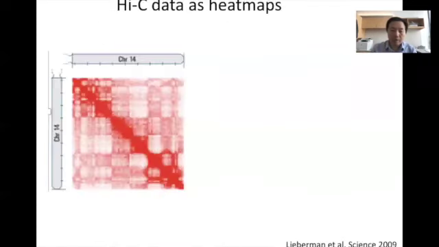So this is the first figure drawn in the Hi-C paper, Science 2009. What they are showing here is the chromosome interaction for the whole chromosome 14. Immediately you can begin to see clear patterns, right? A lot of the data analysis pipelines or algorithms are really trying to dissect the Hi-C data matrix and look for patterns. So this is one way of representing the Hi-C matrix, as a square,